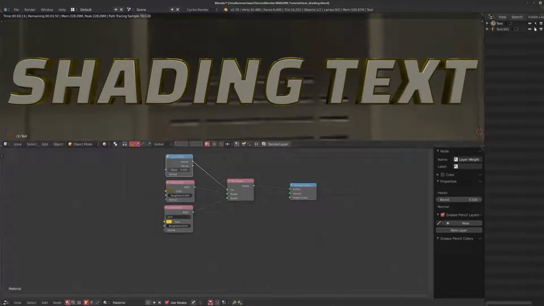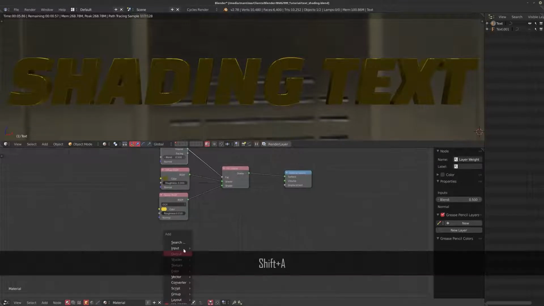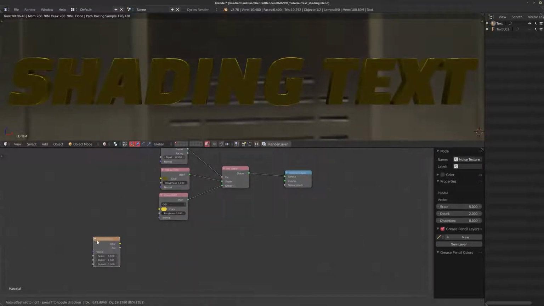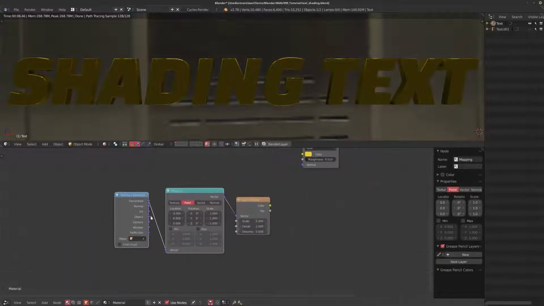Now I'm going to turn off this first text so we can actually see what's going on. And what I want to do is add in those metal looking lines. Now I like to do a lot of this stuff procedurally because it's quite easy and quite quick. So I'm going to add in a noise texture and hit Control T for mapping coordinates, and use the object mapping coordinates so it just gets projected into 3D space onto the object. I'm going to set this to texture. Some stuff works a little bit easier if you're trying to control scale and rotation in texture mode.